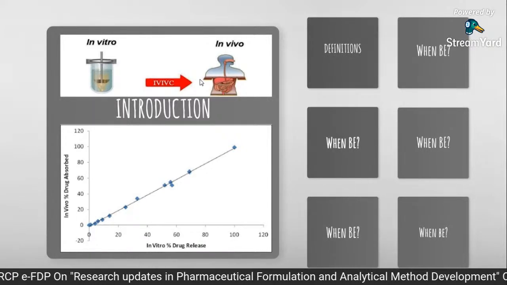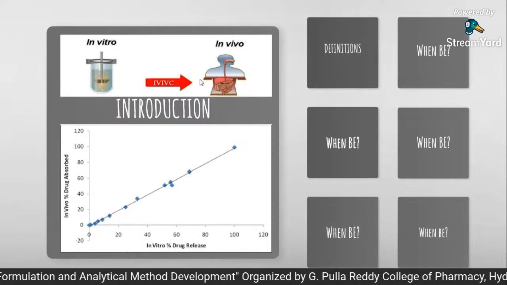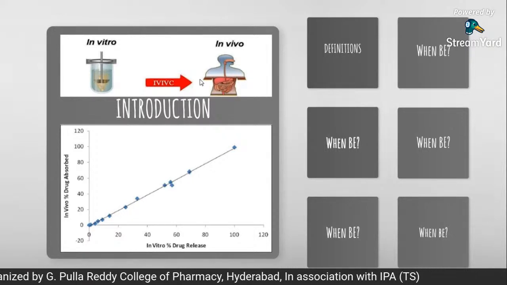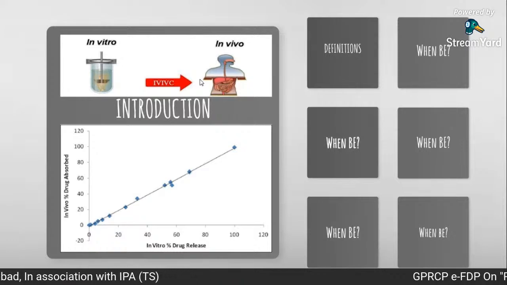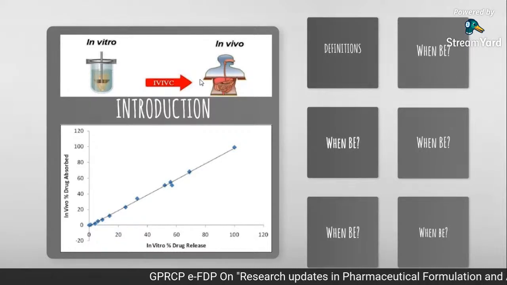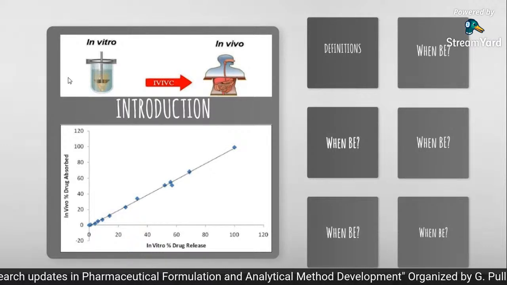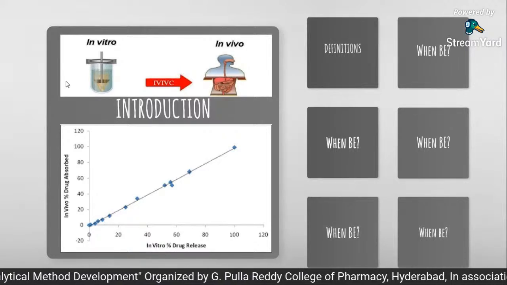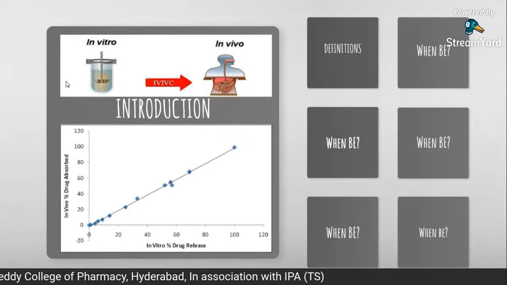So though our test formulation behaves similarly in vitro, it may not behave similarly in vivo. In vivo performance may alter, and that may be reflected in the bioequivalence testing. That's why many formulations pass in vitro testing but fail in vivo bioequivalence testing. If we have a correlation between in vitro and in vivo, it becomes easier for a formulation scientist to predict the bioequivalence. If the prediction itself goes beyond the limit, then that formulation definitely need not be tested for bioequivalence.